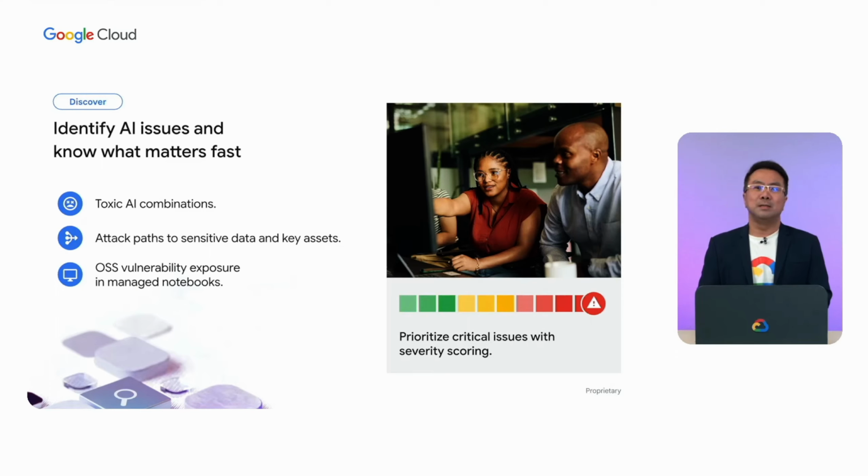Beyond that, Security Command Center identifies the attack path by conducting what we call a virtual red teaming. It constantly stress tests your AI model to make sure that it doesn't get tricked into reaching out to critical assets and your sensitive data. It gives your team first-hand information so that you are able to fix all these open doors before attackers can find them. Security Command Center further discovers all the hidden risks and vulnerabilities within your organization